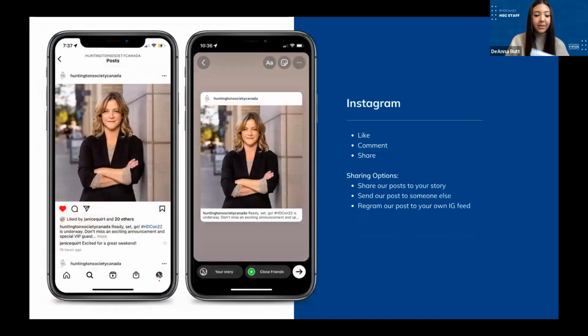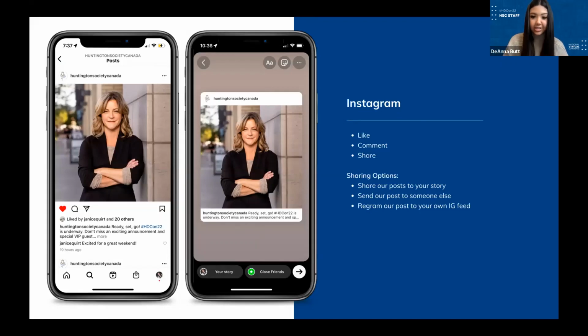The next thing we're going to talk about is Instagram. Same as Facebook, every post has these options to either like, comment, or share. The sharing allows you to share a post to your story or send it to someone, which you can see in our story in the right-hand picture, and the left-hand is the photo. In the left-hand, you see the like, the comment, the share. You can also save posts. And in this feature photo, we have that you shared the post to your story.